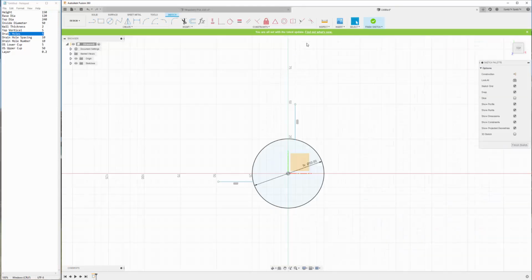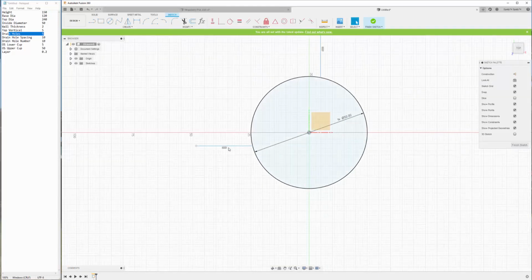We go back to our new model. Now what I want to do is, if I put it in the middle, we know that with a wall thickness of 2, we'll end up with a wall here of 2 millimeters and a wall here of 2 millimeters. But the problem is, what we want to do is actually merge those two walls and keep this wall between the two of them exactly the same as the rest of the wall at 2